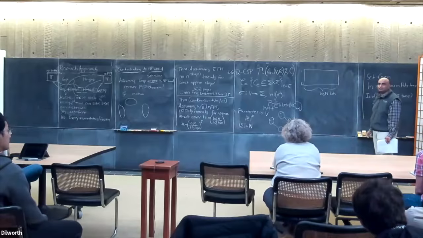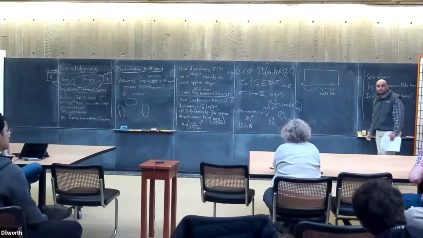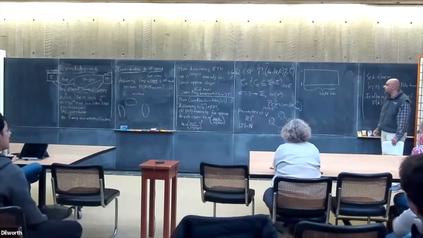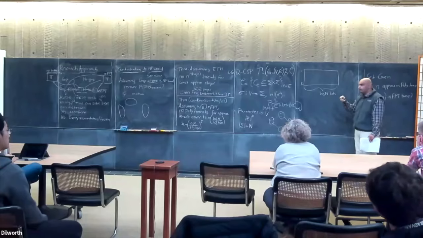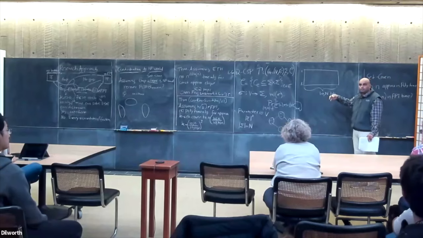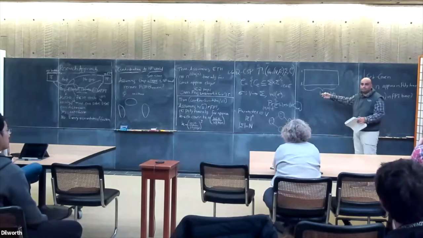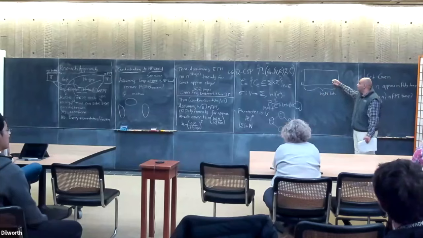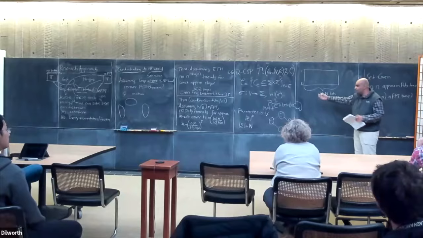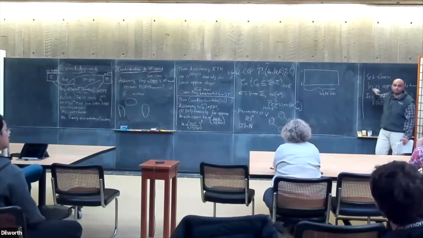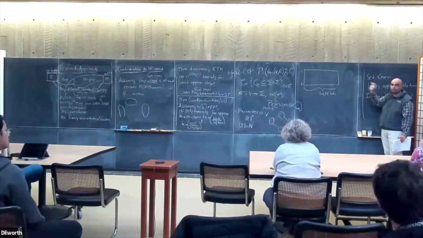Let me spend 10 seconds seeing, if I want to go from this to a gap version, what would be the first bottleneck using standard PCP tools? What you would typically want to do is look at every constraint, write it down as some kind of a circuit computation, and then use PCPs on top of these circuits. But if I write a circuit on any constraint, it has 2 log n bits. And so the CSP size eventually is going to be some function of n, and that is not allowed. You need to stay in k. So that's the main bottleneck we are trying to fight each time.